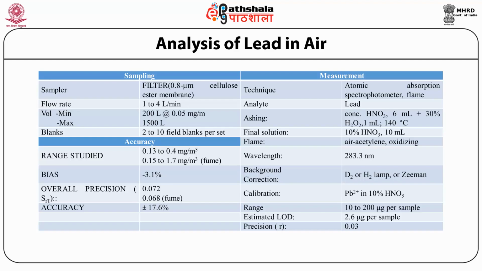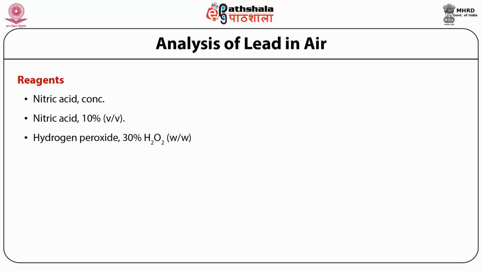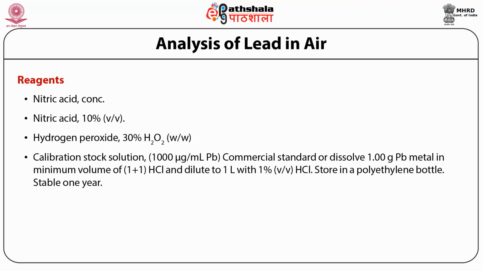The calibration curve of the lead is prepared in 10% nitric acid with a range of 10 to 200 micromolar per sample. The estimated loss on drying is 2.6 microgram per sample and the precision is 0.03. The reagent used for the estimation of lead in air includes nitric acid, 10% nitric acid volume by volume, hydrogen peroxide 30%. Calibration stock solution required is 1000 microgram per ml of lead, which can be obtained commercially or